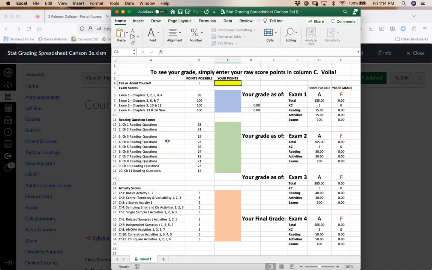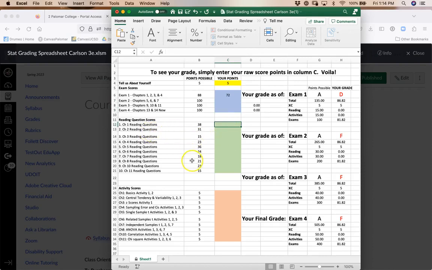So let's just assume that we have completed our first unit in class, and I completed that Tell Us About Yourself assignment during the first week and gave myself 5 points there. And the first exam was worth 88 points, and I got a 72 on that exam. So I'm going to enter that grade. Hit return. We haven't had any of the other exams yet, so I can just hit enter to go through those, or click out.